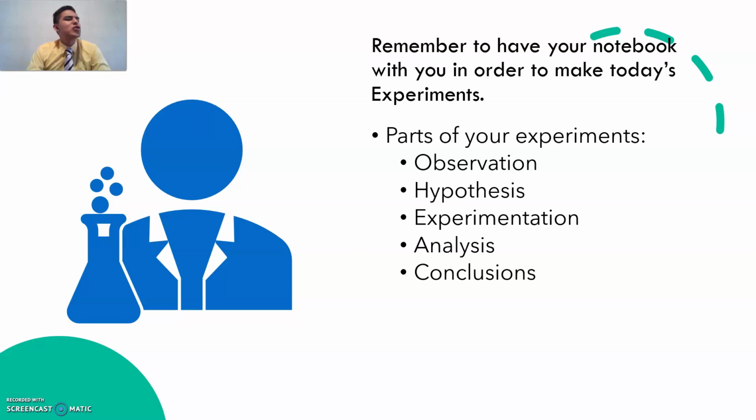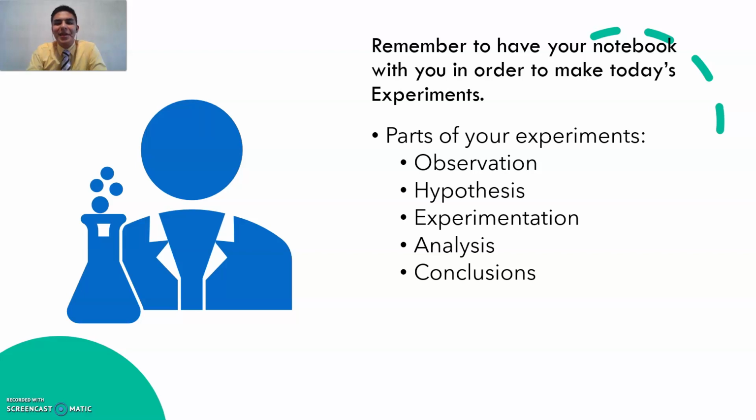So, just to refresh your mind a little bit about the parts that the scientific method must contain, let's go over these ones. Remember that you need to have an observation of the phenomenon. You need a hypothesis or a theory that you wish to prove. You need, of course, to conduct an experiment. You need to analyze the results that you got from your experiment. And lastly, you need to draw conclusions. All right, so of course, you need to include all of these 5 parts in the 2 experiments that you